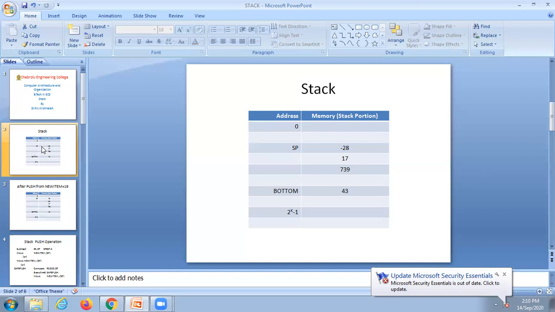In addition to this, one thing you need to remember and be very particular about is how the data is to be stored onto the stack and how the data is to be retrieved. That is with the property LIFO, last in first out. That is the property of stack. Whatever is stored in the stack last is to be taken out first.